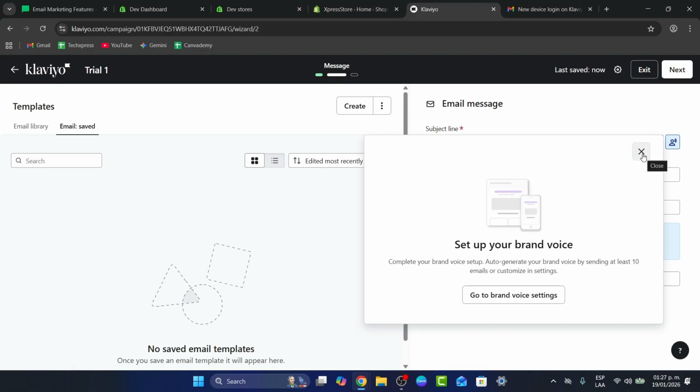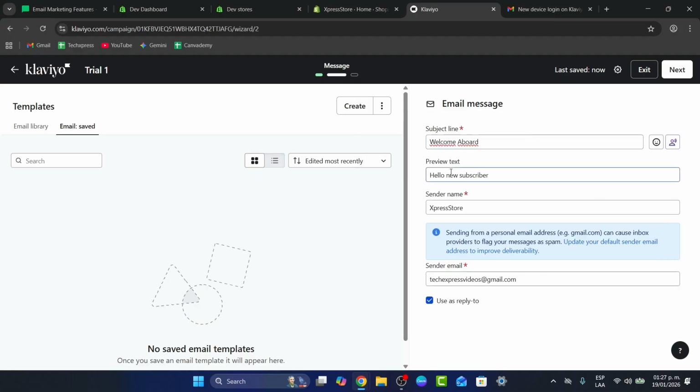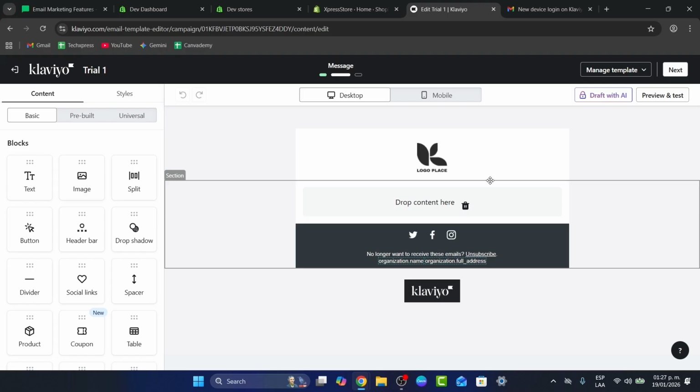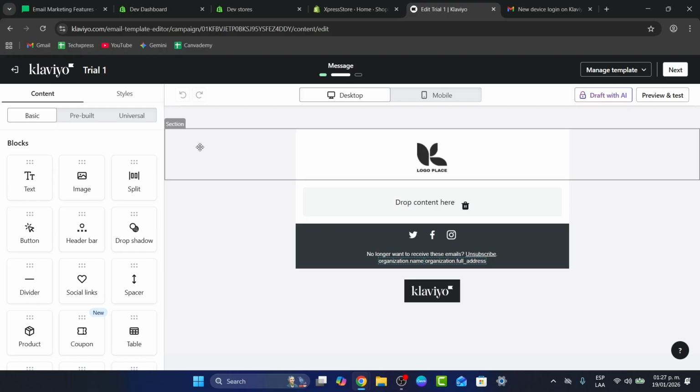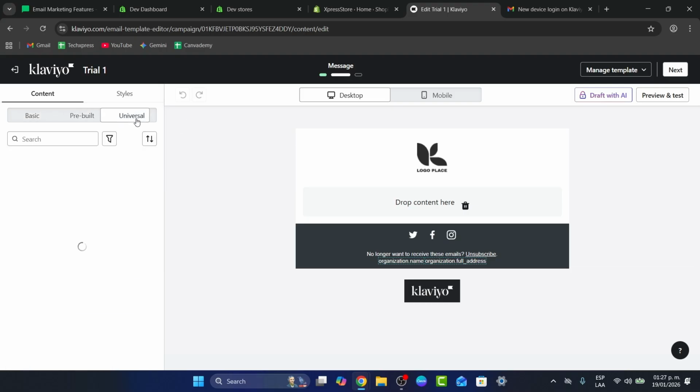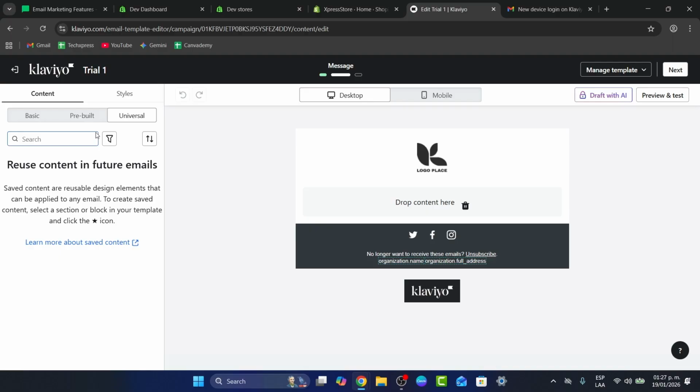This is for example for at least 10 emails, or customize it directly into the settings. In my case I won't do this at the moment. I'm going to focus on the one that says create, and just like that I am now directly in the editor of my elements here. So you have the pre-built, here's the universal, and you can set up the money makers. So there are flows, for example, the automations that you can set once, and the welcome series for making